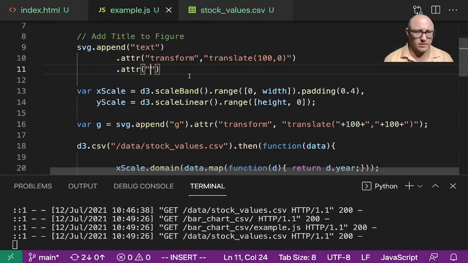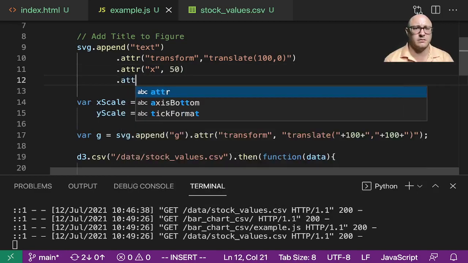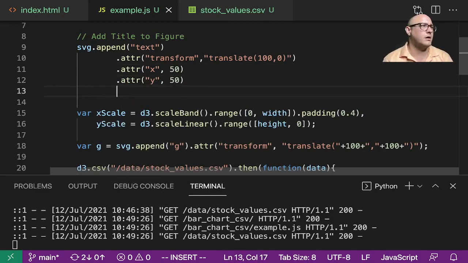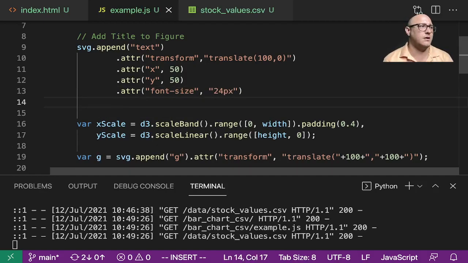Let's do x at 50. Attribute y at 50. Let's add in an attribute for our font. So let's do font size in here. We want this to be nice and big. So let's say something like 24 pixels. And then the text itself is going to be,